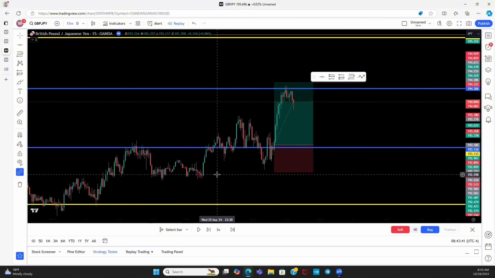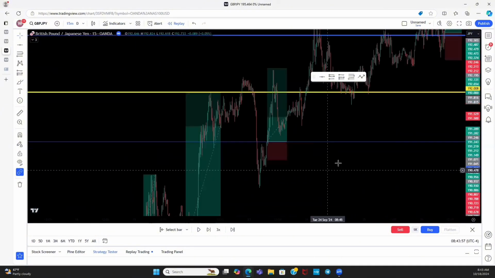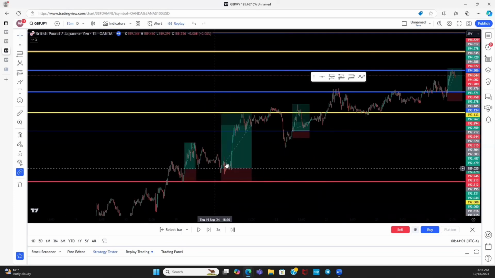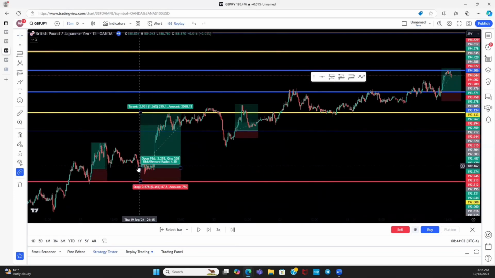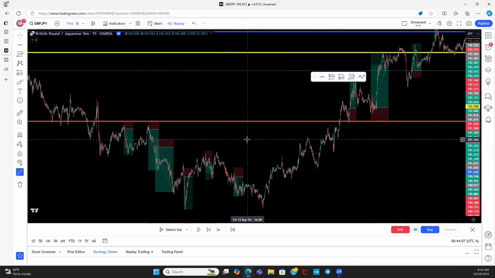If we're in an uptrend, not only do you only want to look for buys, but you only want to enter buys off of demand zones. And if we're in a downtrend, not only do you only want to look for sells, but you want to enter sells off of a supply zone. Okay, because again, as we can see here, when we're looking for buys and we enter off of a demand zone, not only do we have the flow of price going in our favor, but we also have these levels helping to give us a nice push to the upside, right?